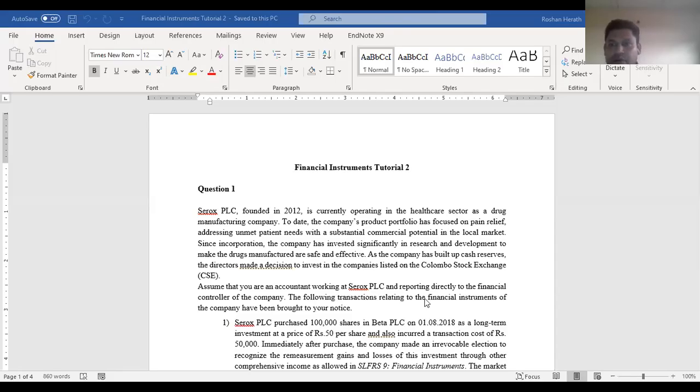Fine. So hope you have downloaded the tutorial that was there. And here, the first question I have taken is in fact a previous past paper question. So in order to give you an understanding of how you may be tested on this financial instrument,